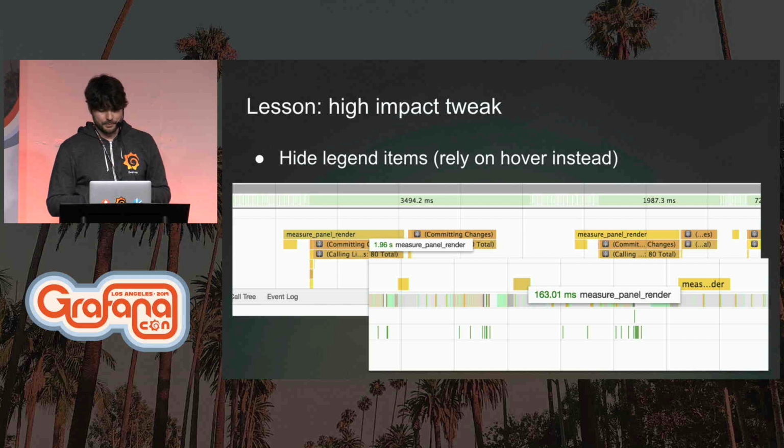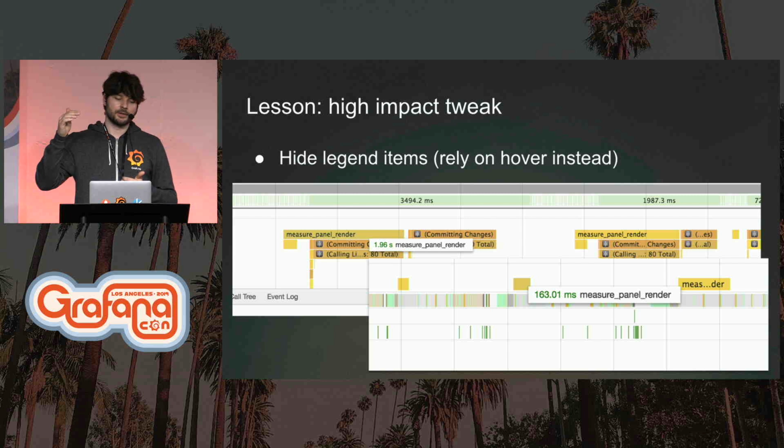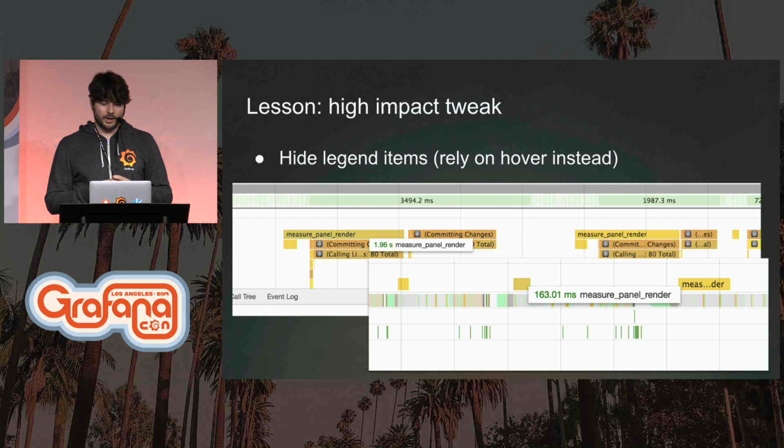items. So we ran some tests earlier on dashboards that have around 500 to 1,000 time series, and just by virtue of hiding the legends on all the panels, we got, I don't know, like a 5x up to 10x improvement on render times. And